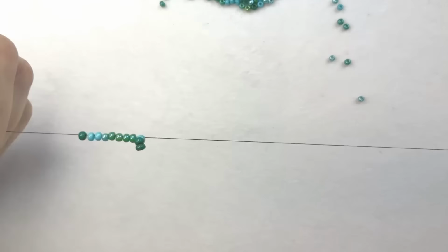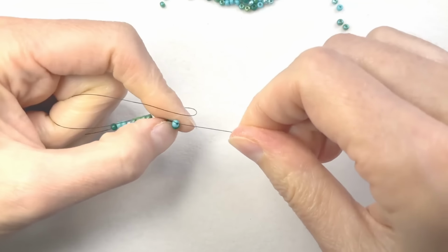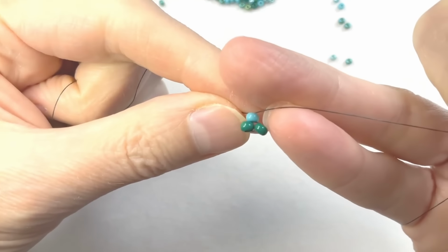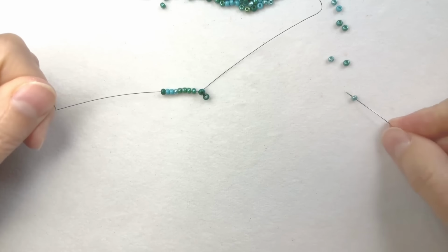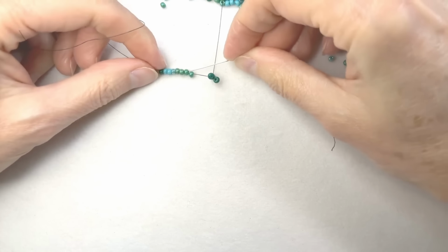And with the round seed beads, sometimes the peyote doesn't instantly pop together, but you're just going for a regular peyote stitch start. So try to get it to look like that. And pulling the working and tail threads apart really helps. I like doing that. And now you're just going to string using the other colors, skipping a bead and going